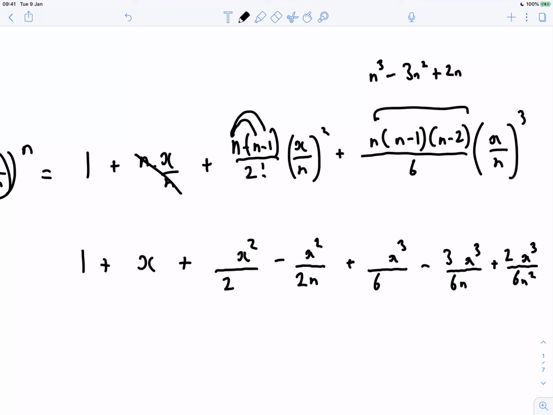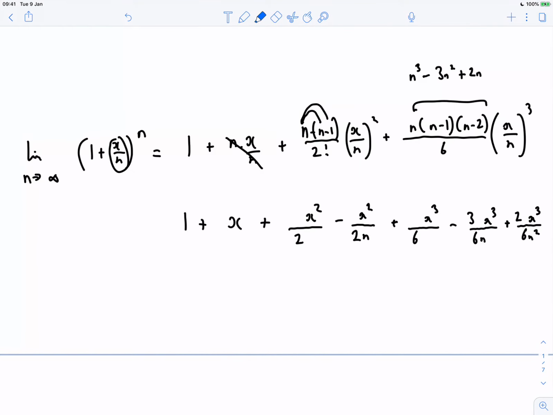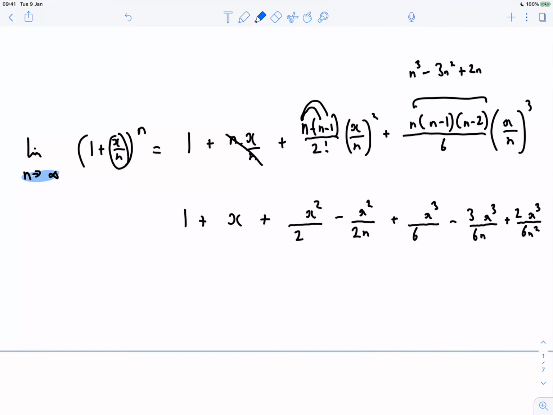Okay. Right. Now, here's the great thing. Because n is tending to infinity, all these fractions with n on the bottom are going to tend to 0. Because if I divide by a number that's tending to infinity, it's going to disappear and tend to 0. So really what we're left with is this sequence, this limit as n tends to infinity of (1 plus x over n) to the n, this is going to tend to 1 plus x